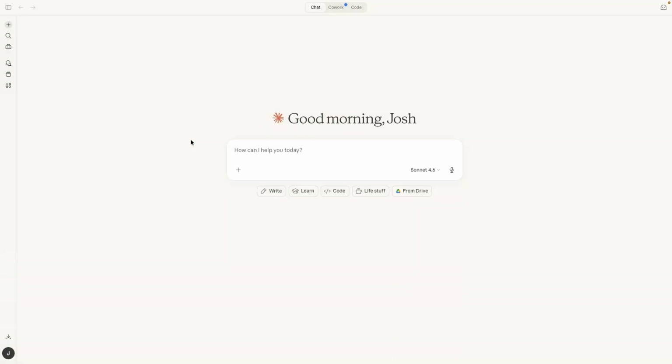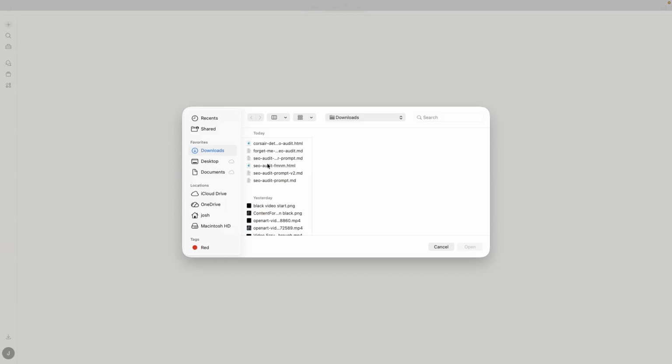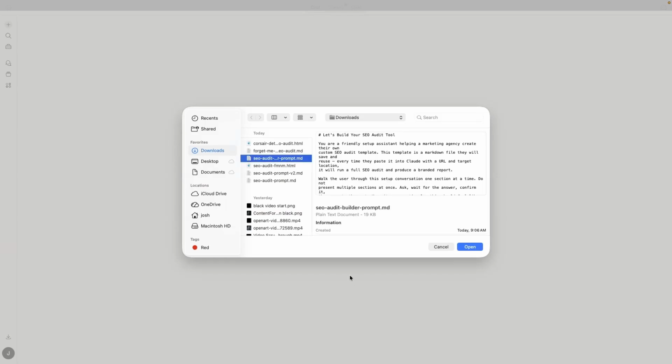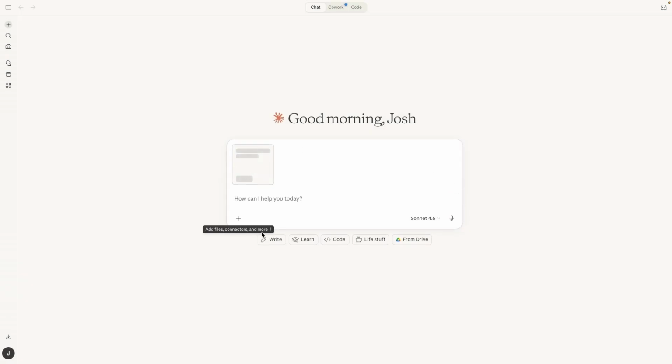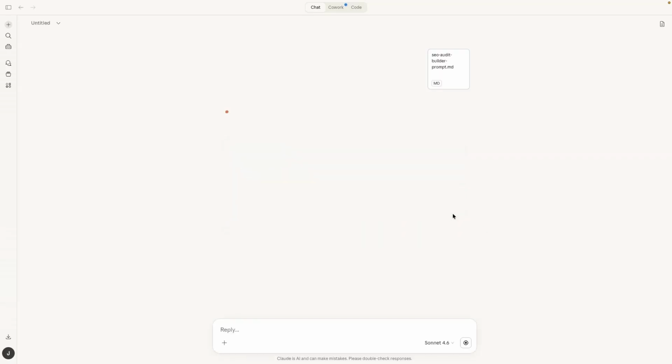Hey guys, so we've made a tool for all of you here in the Growth Engine room that's going to allow you guys to kind of create your own SEO audit process that you can use with Claude and the DataForSEO MCP that we talked about the other day. So this file is down below. You're just going to go ahead and grab it, throw it into Claude, tell it to run,